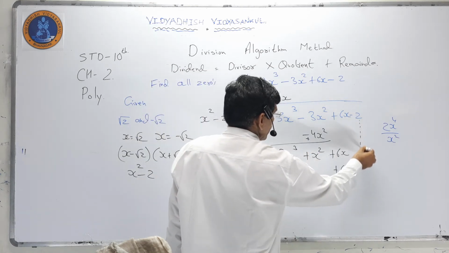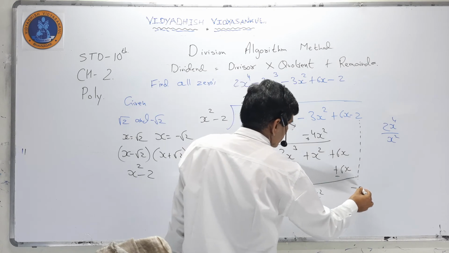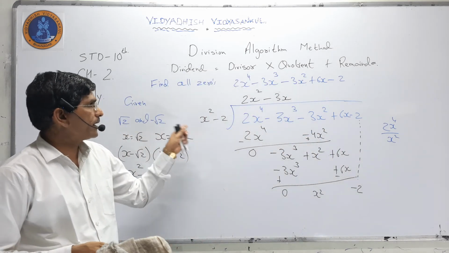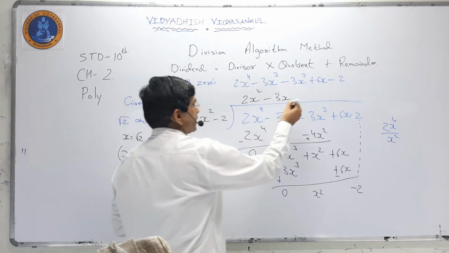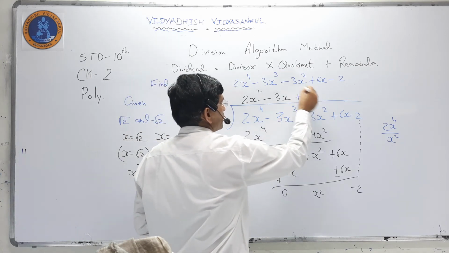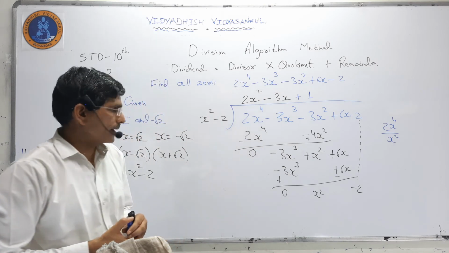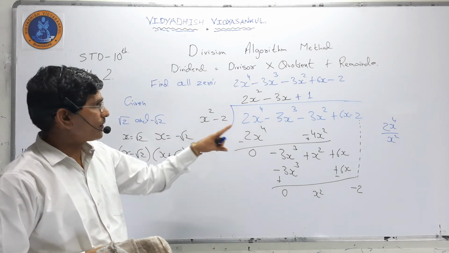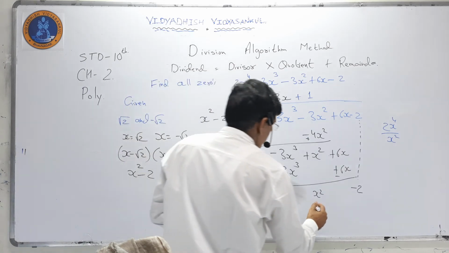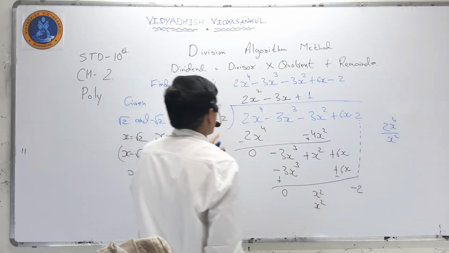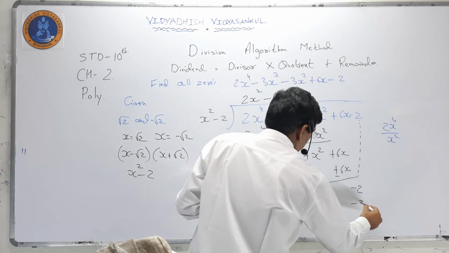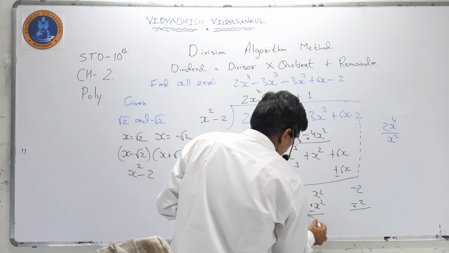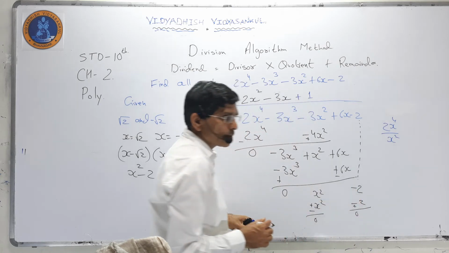And from here I have to write minus 2. Now x square divided by x square, that is plus 1. I have to write plus 1. x square divided by x square plus 1. Now if I open the bracket, I will get the answer x square minus 2. Now sign change, so here it is plus. We can get answer 0.